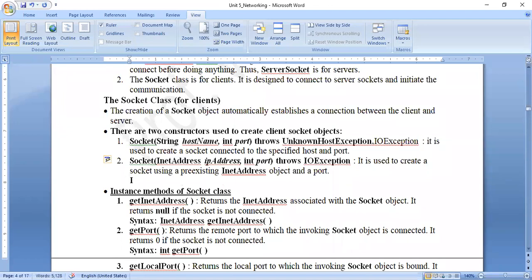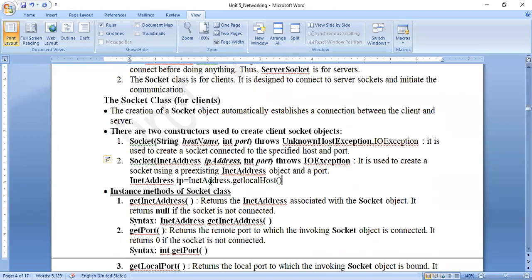As you all know, an InetAddress class object can be created by the factory methods. Last class we had seen one of the factory methods, which is getLocalHost. getLocalHost is again a static method of the InetAddress class. It has to be spelled properly. Anyway, I'll not go into the details. So what is that static method? getLocalHost. getLocalHost will connect to the localhost machine and it will start establishing the communication.